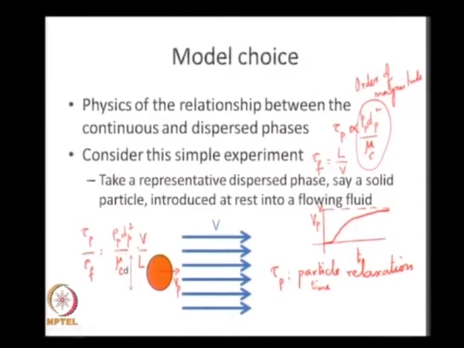If this dimensionless number is much less than 1, I am ready to use the mixture model. Okay, mixture model as one possibility. If this dimensionless number is much greater than 1, I have to go to the two phase model. Now, I gave you a recipe for choosing between the mixture model and the two